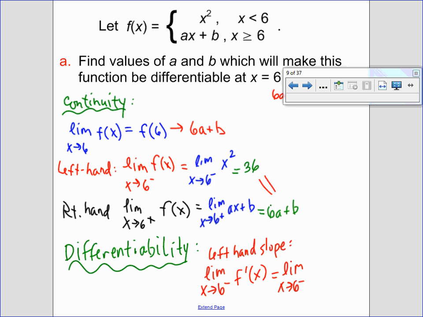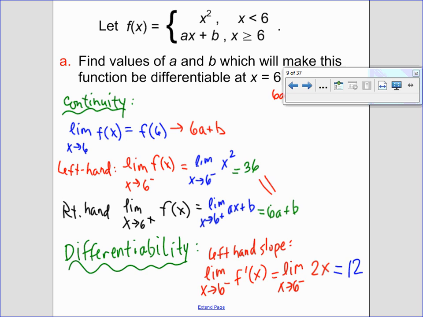First definition would be what? 2x. So the limit of f prime of x as x approaches 6 from the left would be 2x. Is 6 in the domain of my expression? Yes, so I can evaluate that left-hand slope value through direct substitution, and it equals,